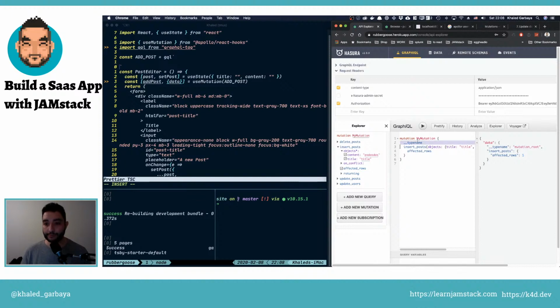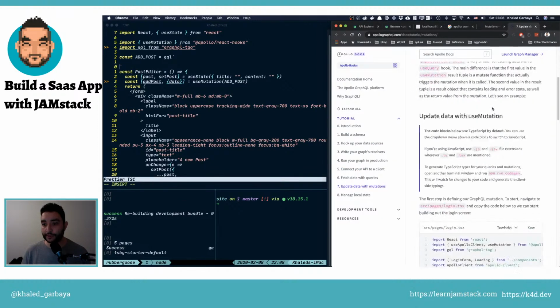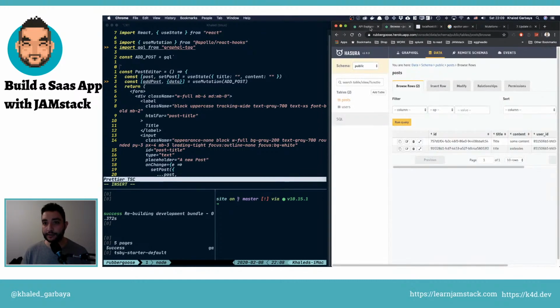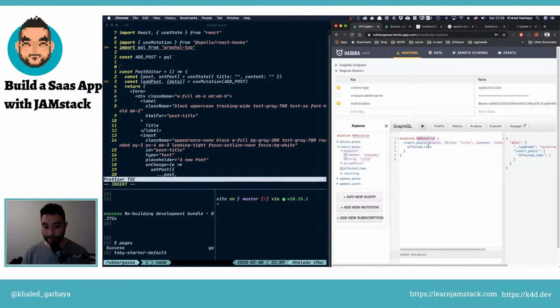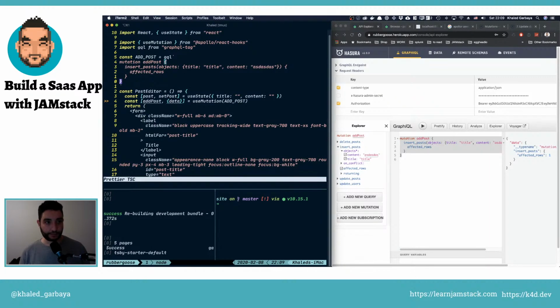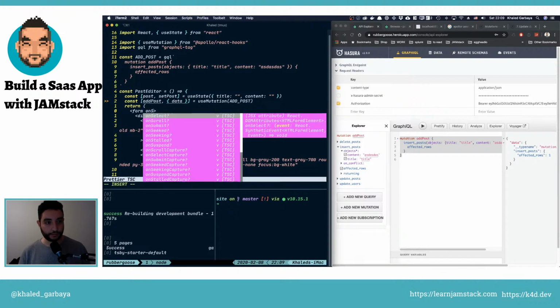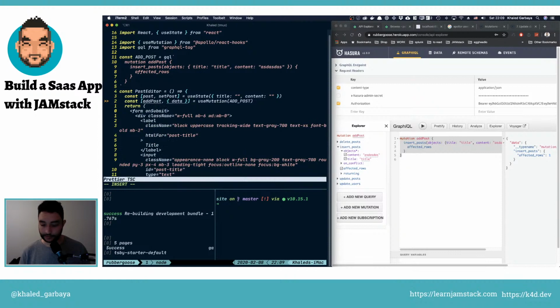So here's what I'm gonna do. Where was the documentation that showed us the thing? Yeah, mutation. So in here, this will be mutation, and it's called add post. I'm gonna just copy this whole thing and then go here and paste it. And now when we do the on submit right here,